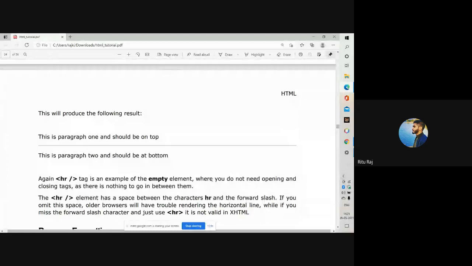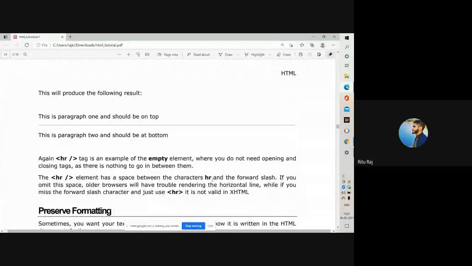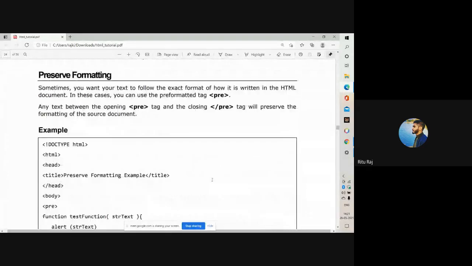Moving on, preserve formatting. Sometimes you want text to follow the exact format of how it is written in the HTML document. In these cases, you can use the pre-formatted tag. Any text between the opening pre tag and the closing pre tag will preserve the formatting of the source document.